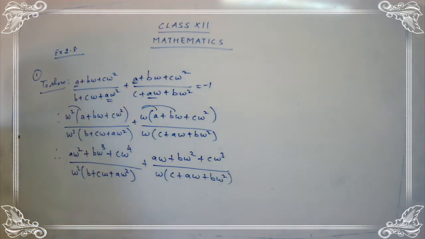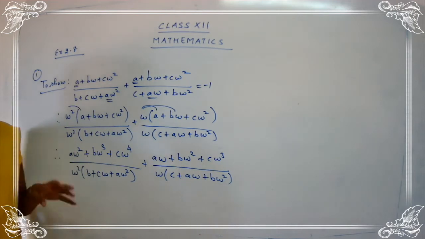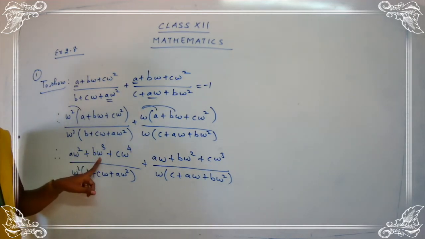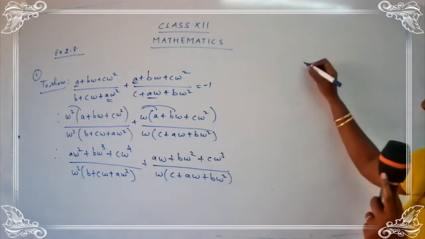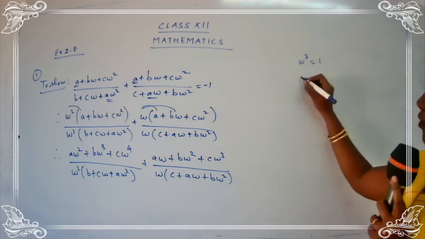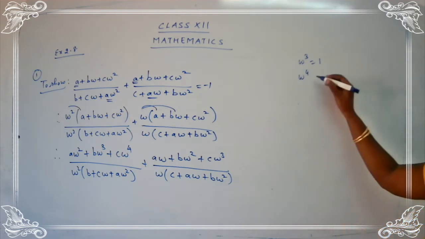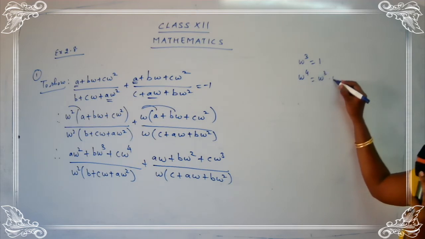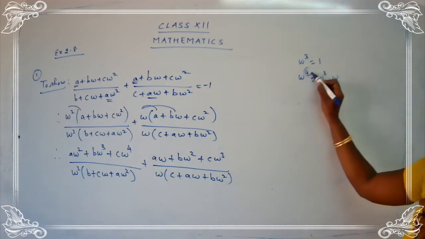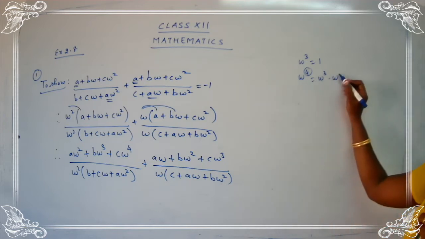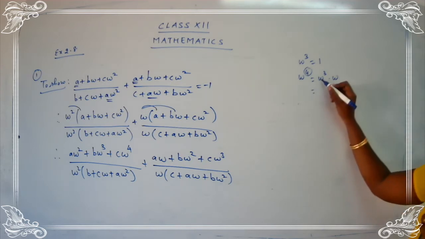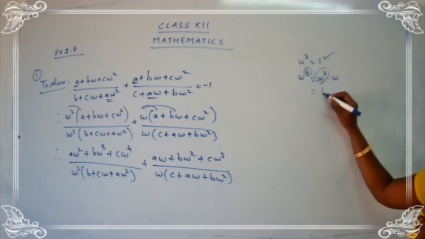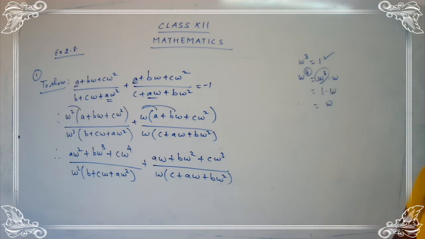Okay, now here we are going to make a few changes. We are going to apply the value that we know. I have already given you in point 4 that the value for omega cube is equal to 1. If the value for omega cube is equal to 1, just see here, what about omega raised to 4? Now omega raised to 4 can be written as omega cube into omega. Do you agree with this statement, children? The 4 is being split as 3 plus 1. Here I am taking omega cube and here I have kept 1 omega. So now what is the answer? Omega cube, I know the value for omega cube, that's 1. So 1 into omega is equal to omega.